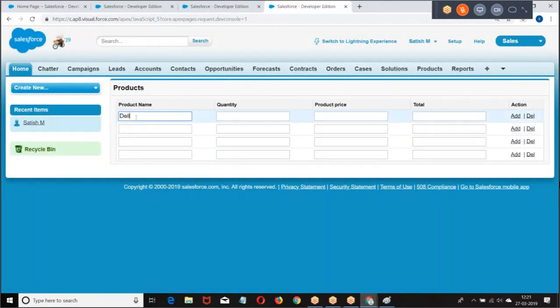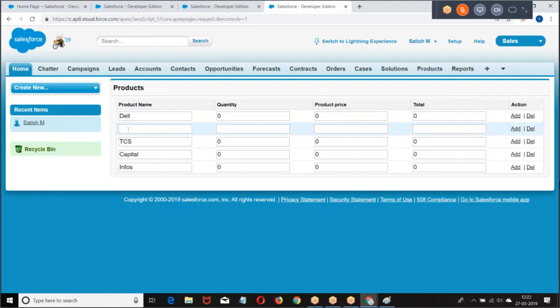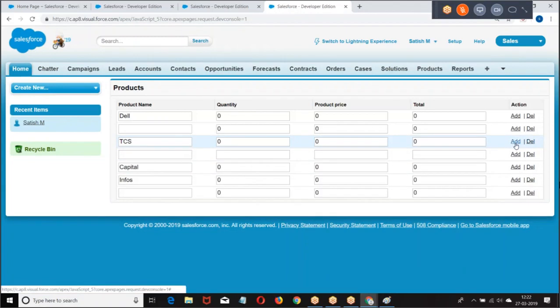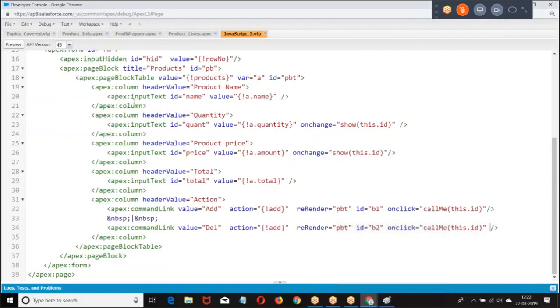Now, to show you the difference, I told add. Where is the row added? When I say add below the TCS row, whichever row we are clicking, below that row we are adding. Why? If the row number is 2, add the element at 3. Row number is 4, add the element at 5. But how are you getting the row number?